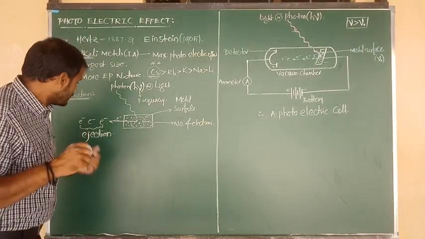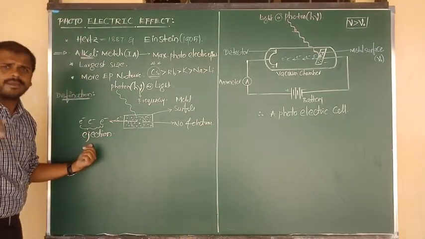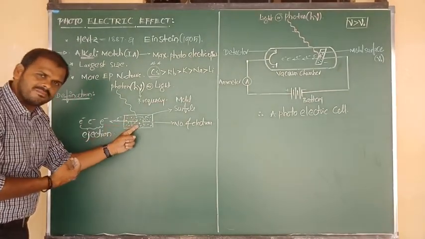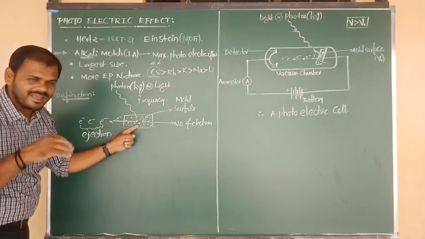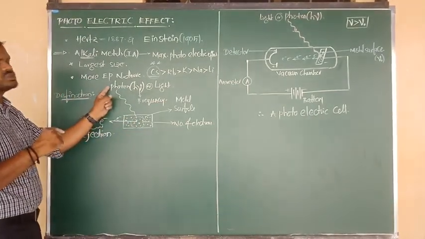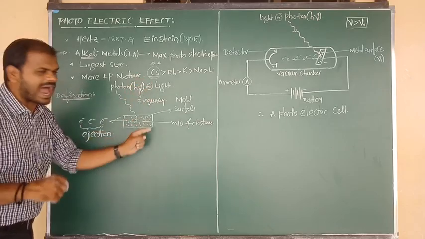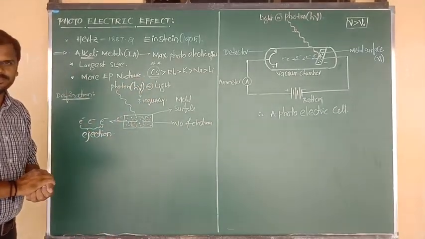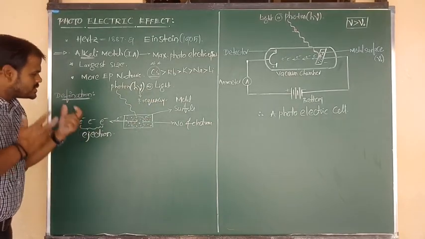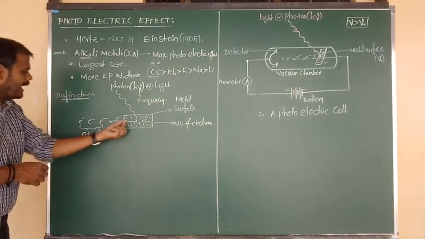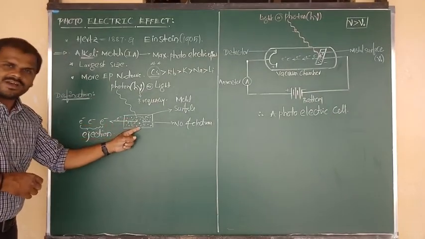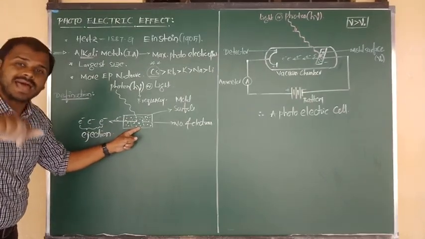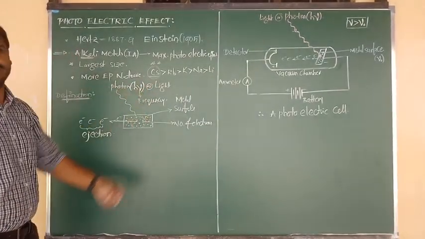What is the definition? You have to be focused on this word only, ejection. The meaning of ejection is nothing but release of electrons from the surface of metal. But the condition is that the metal surface should be exposed to the photon, exposed to the light, and the light should contain a minimum, suitable frequency. So we can say that the process of ejection of electron from the surface of metal takes place when the metal is struck with a photon with suitable frequency.